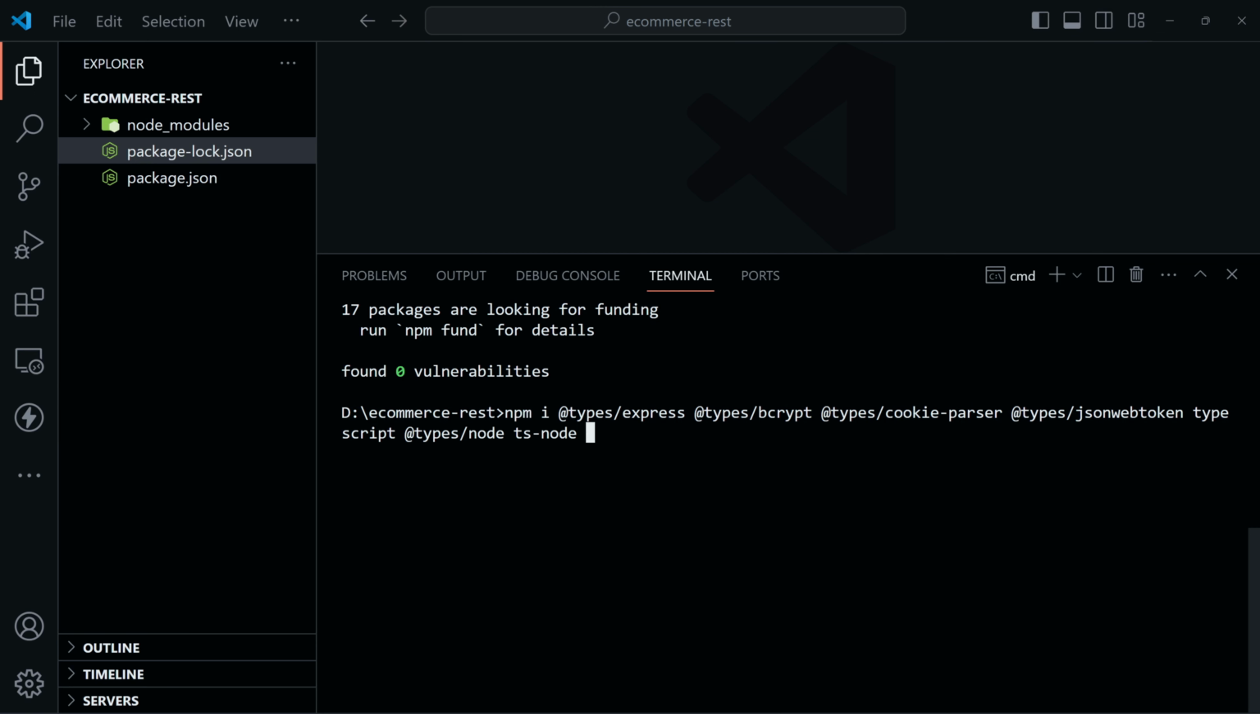Let's take this URL, paste it here, and you can see the password is already there. Now let's write here DB. This is the collection name,